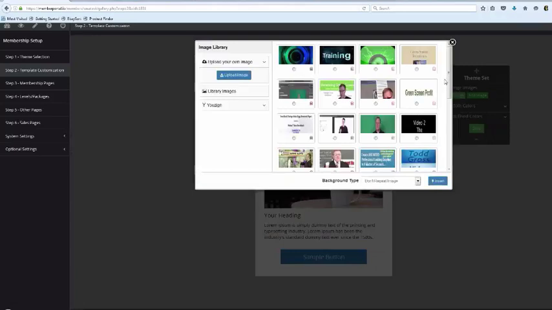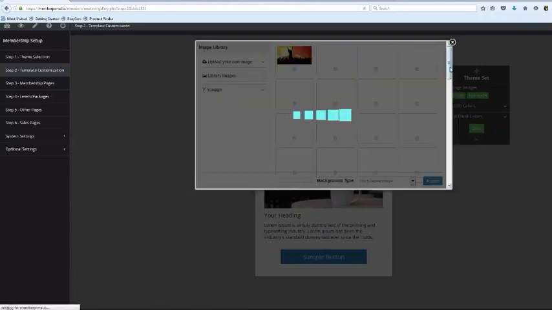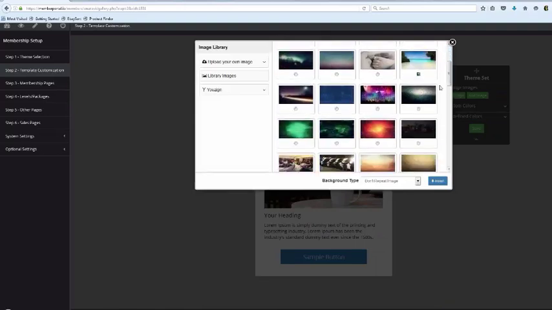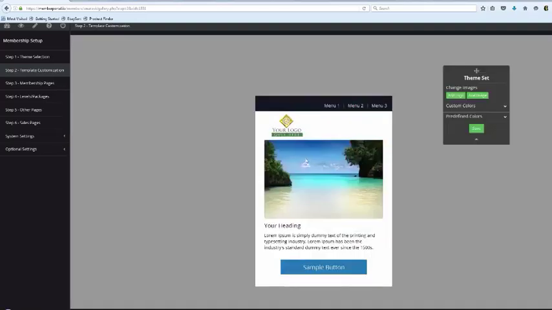I'm going to say add image, and I'm going to come over here to our library images real quick. It's the best way to demonstrate it. I'm going to choose this image right here, and I'm going to tell it to stretch. That's what I like to do, but you don't have to. I'm going to say insert. Okay? So now we have this image here. Now, the idea is that could be your own image. You could pull it in from Deposit Photo. A great resource for you guys, if you want to write this down, is called Unsplash. They give you images every single day that you can use royalty-free, okay?